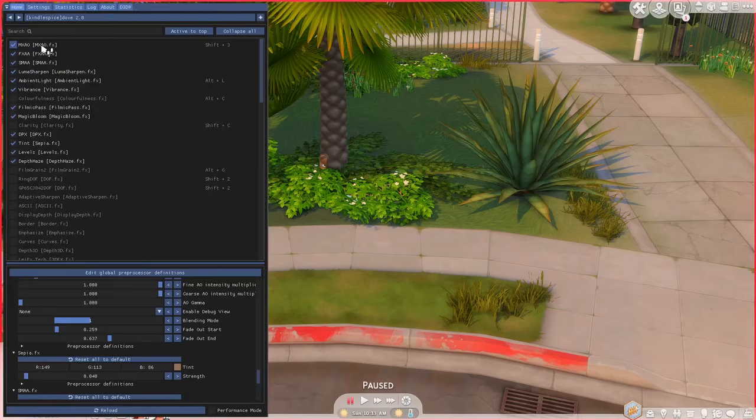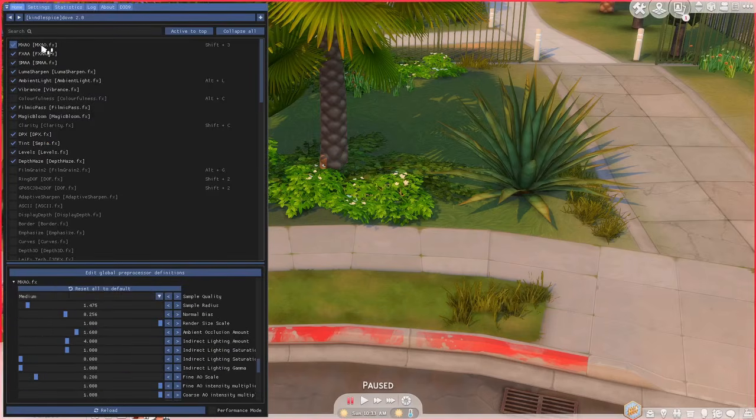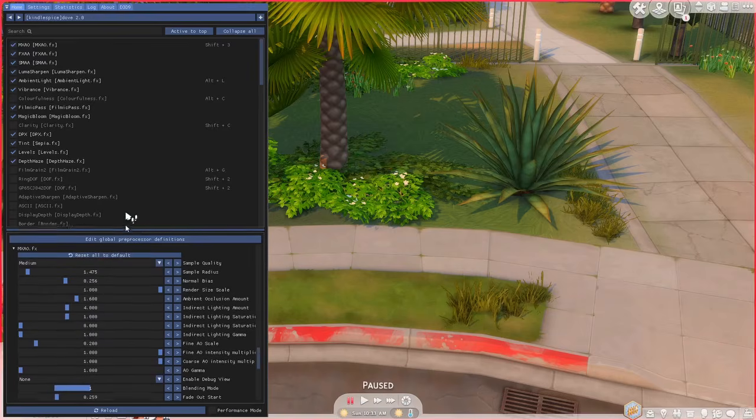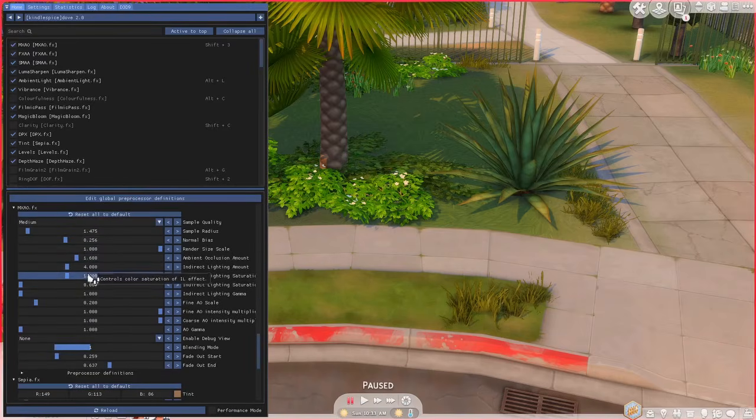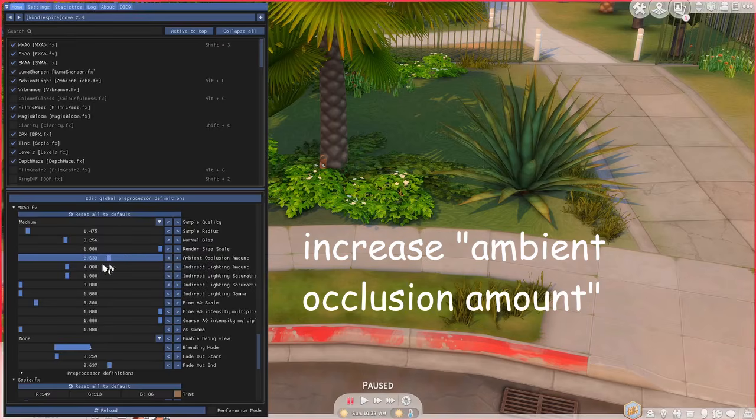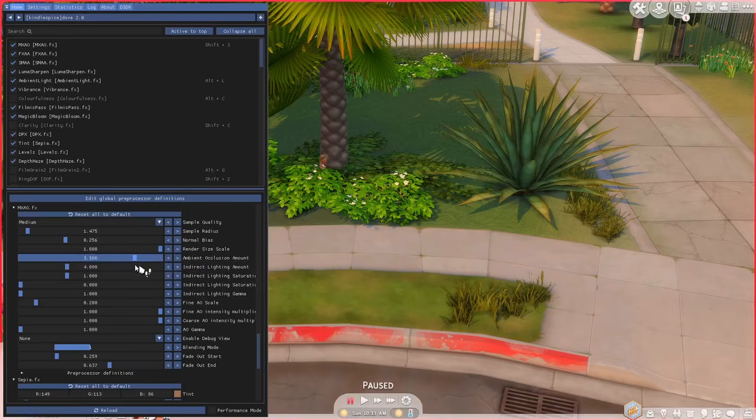What I like to do is quickly untick and retick the MXAO, and down here is where you will find all of the settings that you can change. So if you wanted to increase the amount of shadow, all you have to do is drag this bar up, and you can see that the shadows